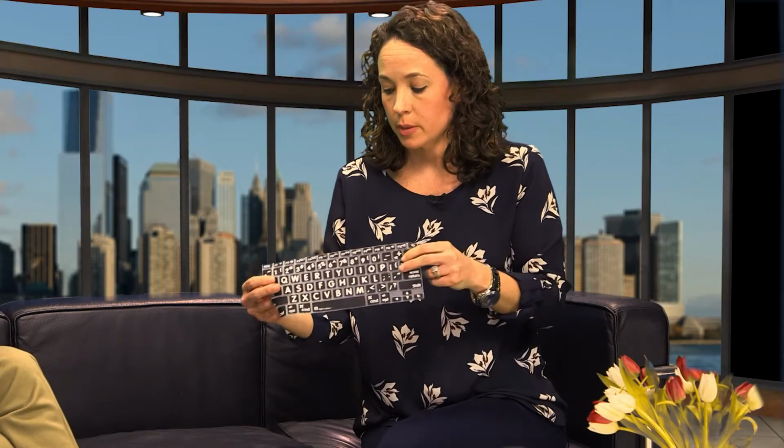Why not? Why struggle? Megan, I see a keyboard here. You want to? Yes, sure. So this is an overlay that can go on top of a keyboard that makes the letters and numbers bigger. We also have here an adapted mouse that looks like a joystick, so it can be easier to operate versus the clicking. But there's also a lot of built-in features in computers and tablets if you look under the accessibility settings,